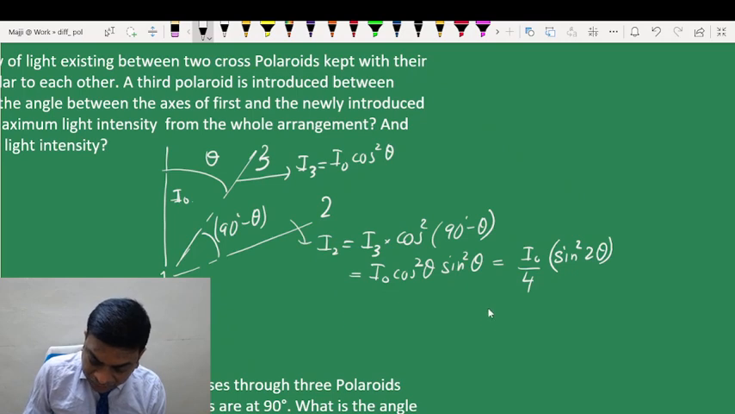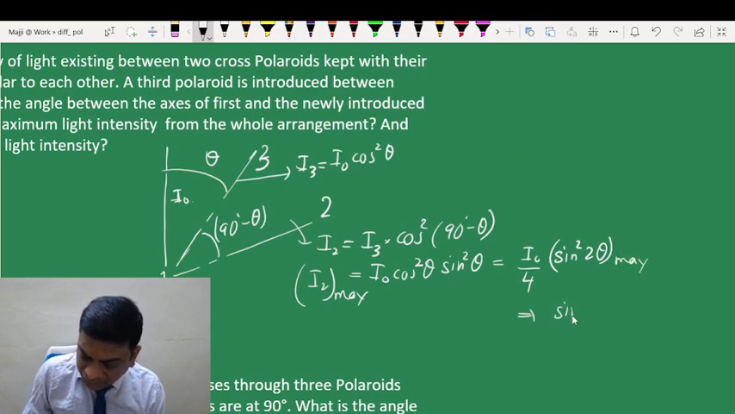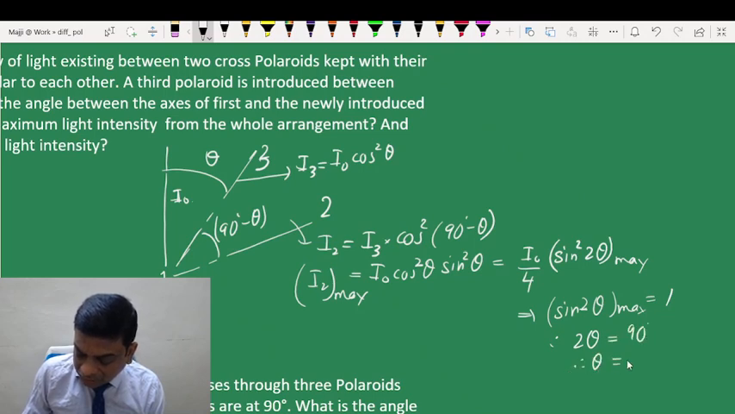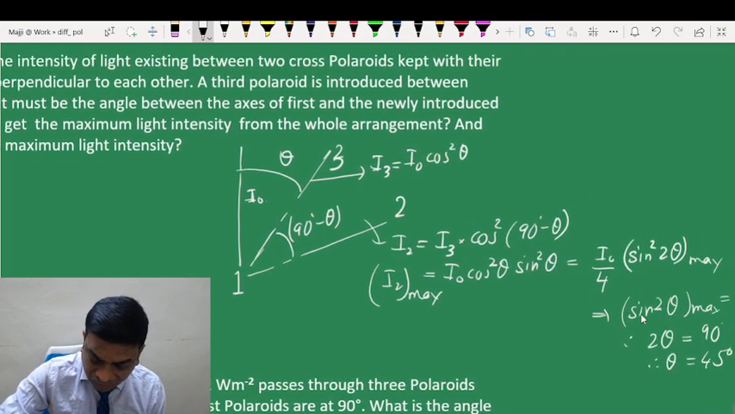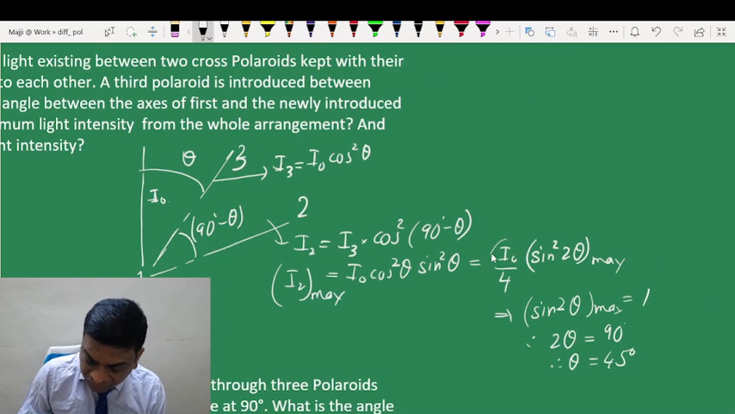So in order to have maximum value, sin square 2 theta should be maximum, which implies sin 2 theta should be maximum, and that maximum value is how much? 1, when 2 theta is 90 degrees or theta is 45 degrees. So the angle required is 45 degrees, and that maximum intensity will be I naught by 4. Okay,